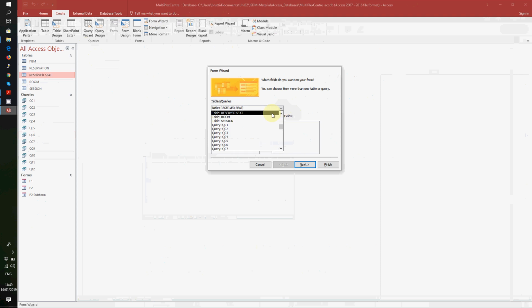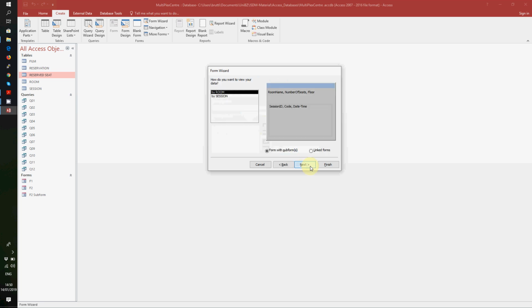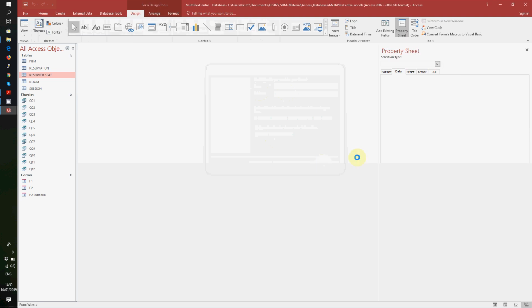that displays the rooms. So room name, number of seats and floor. And then for each room, we want to see the sessions. So session ID, code, date and time. A room code, I don't need it because I have the room name. Next, by room. I want to display it by room with subform. Datasheets. This is F3, form 3 and form 3 subform. Modify, finish. And then in the property sheet data tab,